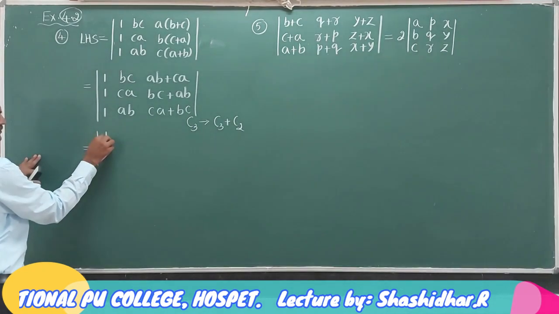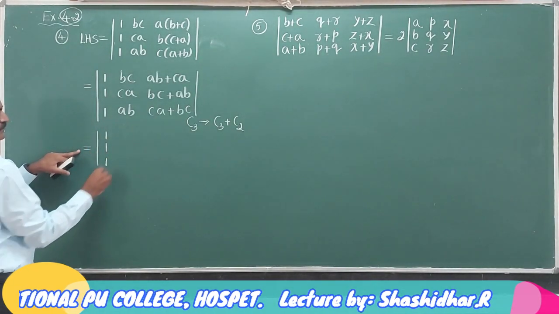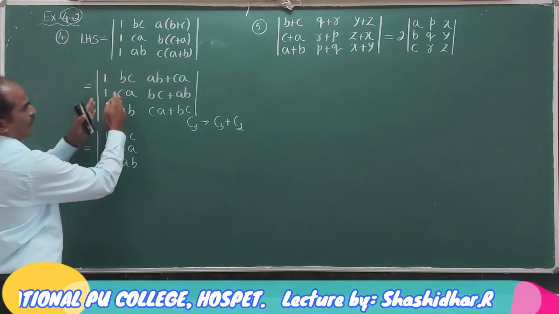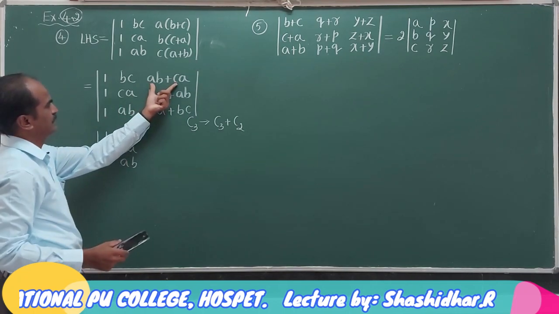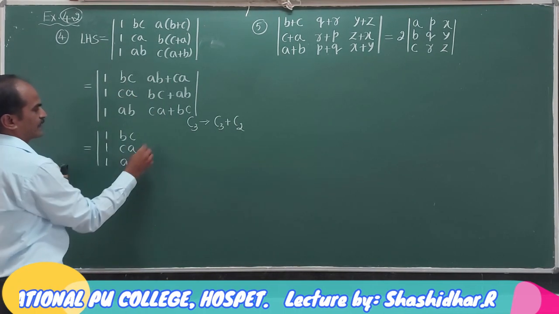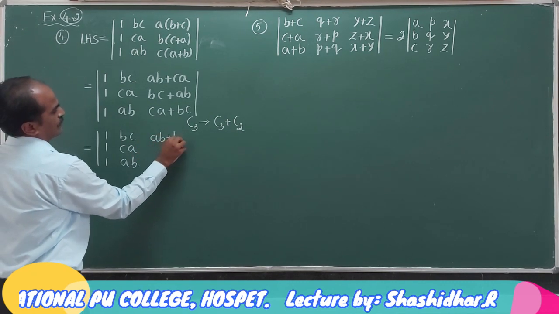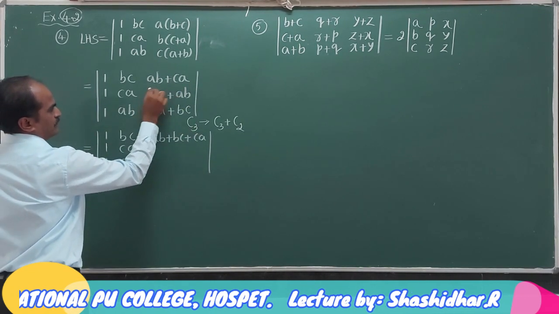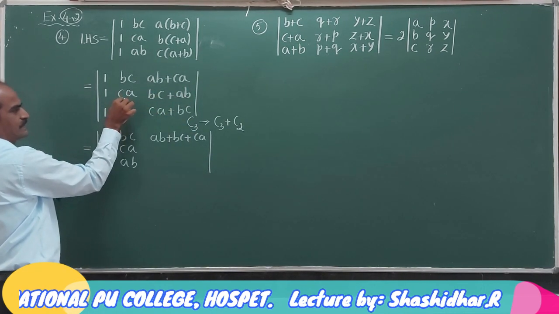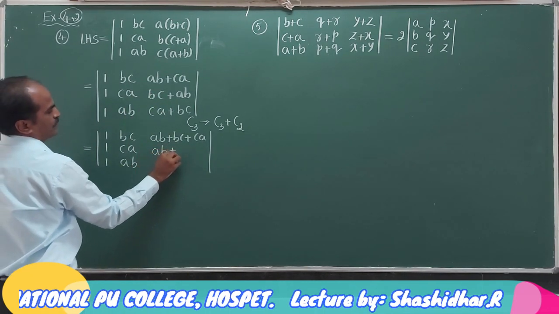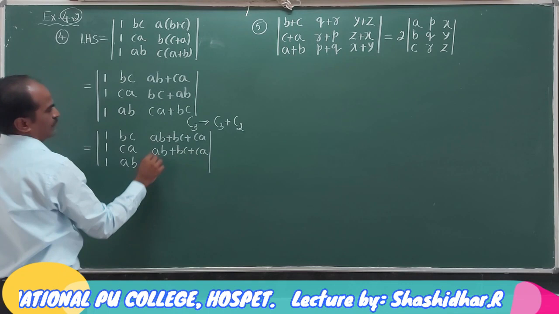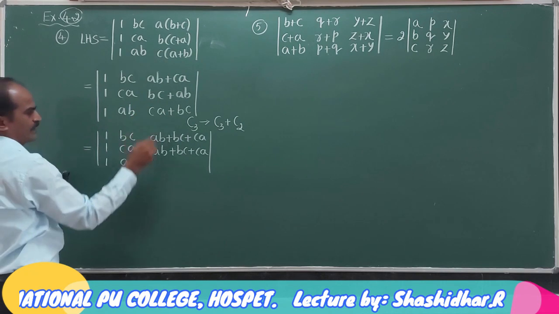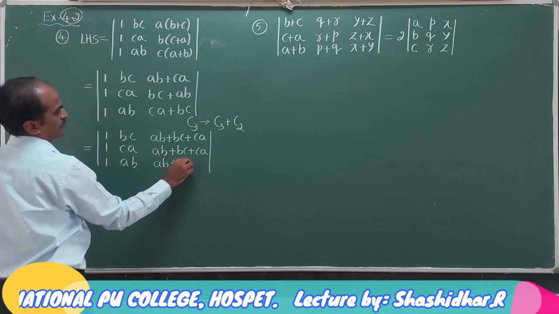What you are going to get? First column remains same. Second column is also same, BC, CA, AB. Now we are adding to this. For AB plus CA, you are adding BC. Let me write in order. It is AB plus BC plus CA I get. Now for BC plus AB, the corresponding element in column 2, CA, adding to this, you are going to get AB plus BC plus CA. Now for CA plus BC, the corresponding element in column 2, AB, add this, AB plus BC plus CA.